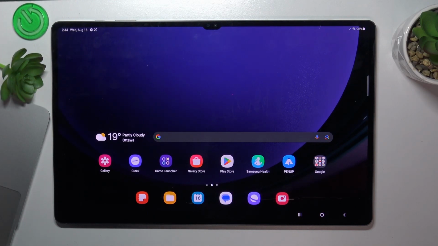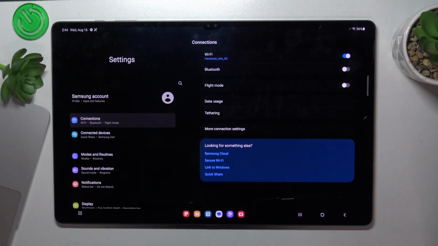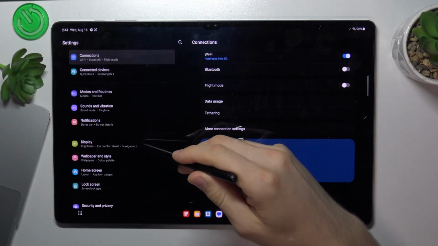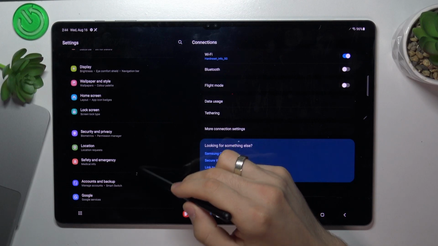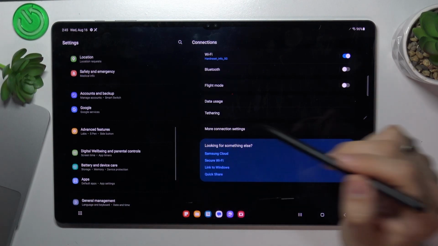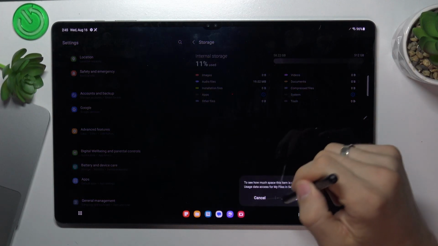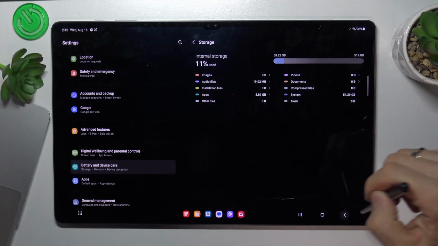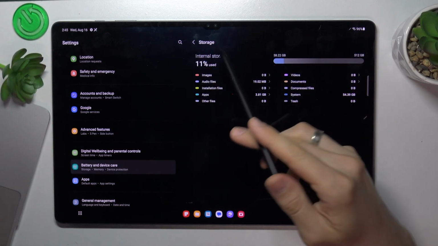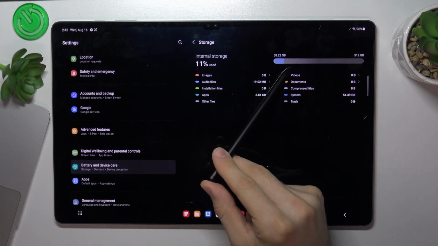consuming your tablet performance. So the first reason that can slow down your device is the lack of internal storage. Open settings and find here battery and device care. Here find storage. Click settings, scroll down, find my files, enable and go back. As you can see, I have used only 11% of my internal